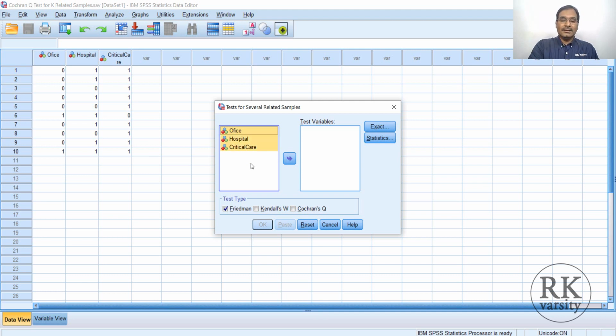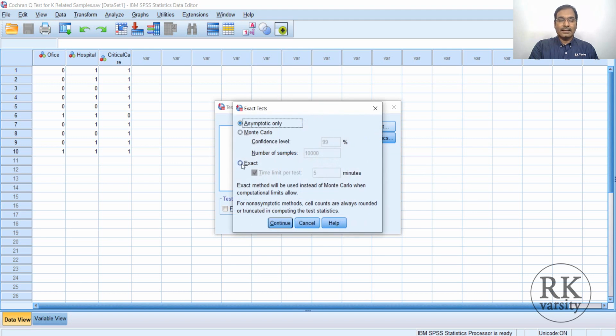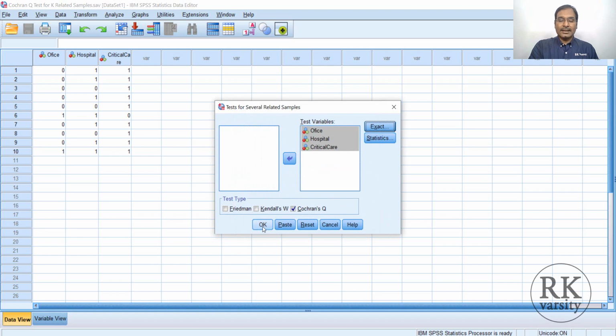Select these 3 by holding the Control key and A, then send them to Test Variables. Here for test type, you have 3 options: Friedman, Kendall's W and Cochran's Q. So uncheck Friedman and select Cochran's Q, click on Exact, then select Exact here, click Continue and then click OK.